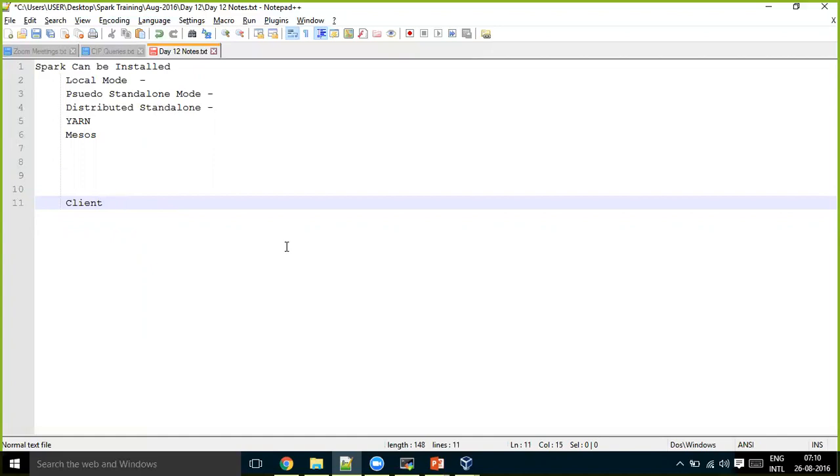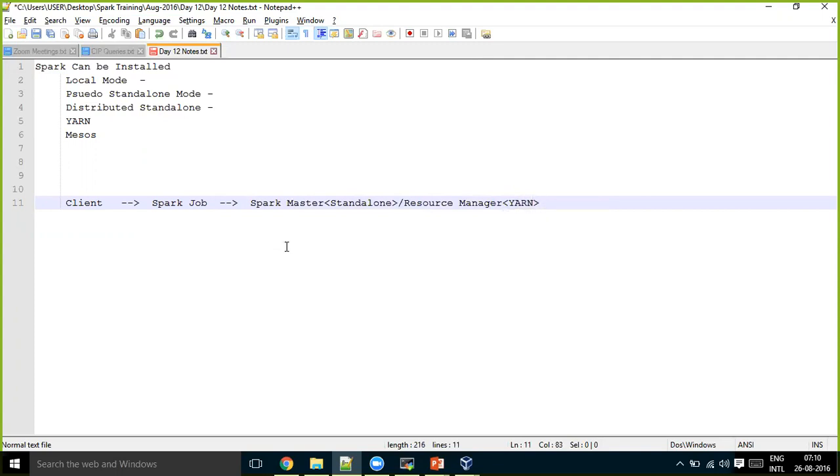I have already explained this last week, but I am revising it because it has been so many days and this needs continuation for this week. So you will have a client machine where you will submit a Spark job, and it will first go to the Spark master if it is standalone, or the Yarn resource manager if it is Yarn.